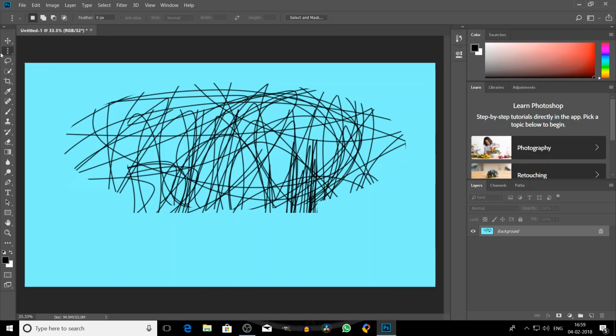Okay, like that. And the lasso tool is pretty important. We have to go into quite a bit of detail for the lasso tool, I'll tell you guys. So what the lasso tool does is it allows you to select anything free-handed, like this. So now what you could do is you could move the selection,